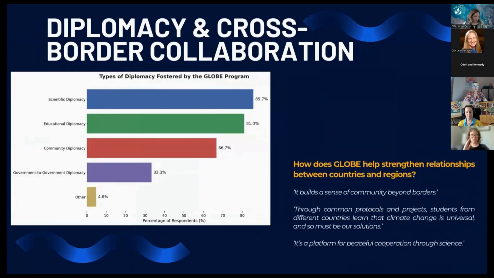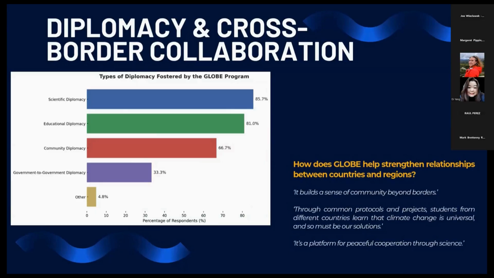We ask participants to reflect on the types of diplomacy they've seen emerge from their GLOBE experiences. The responses point to a variety of international networks of engagement. At the top of the list, scientific diplomacy was cited by nearly 86% of respondents. This illustrates how cross-border research, standardized protocols, and shared environmental challenges create bonds between countries, using science as a neutral,